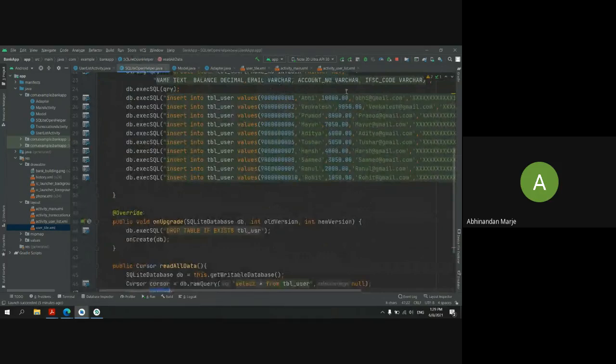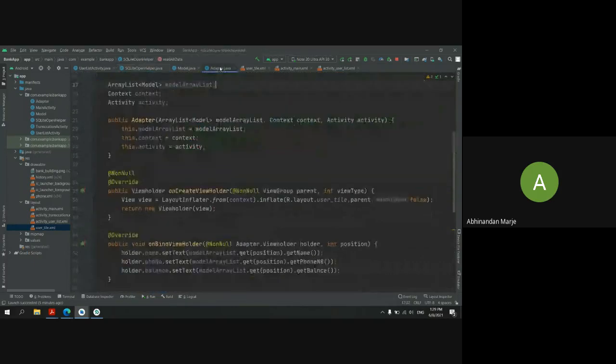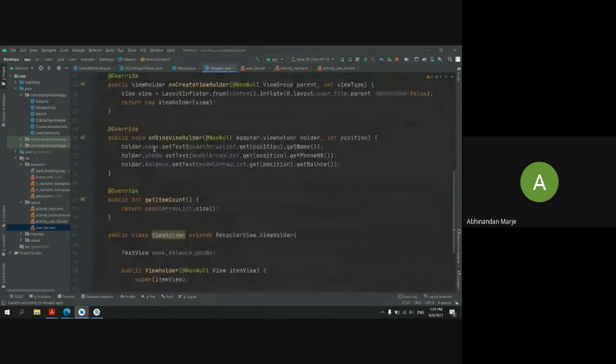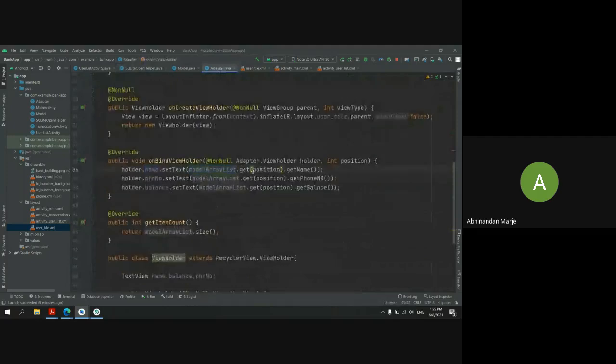So I'm getting my XML layout name, and I'm setting the text as model array list dot get position. That means if I'm taking the first name from my database, it will give me position 0. If I'm taking the next, it will give me position 1.